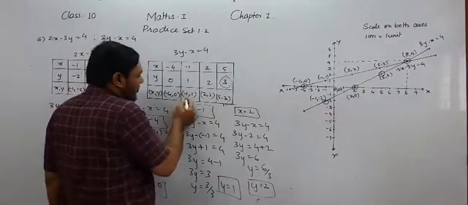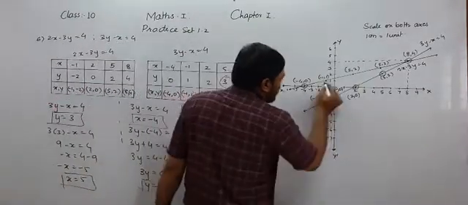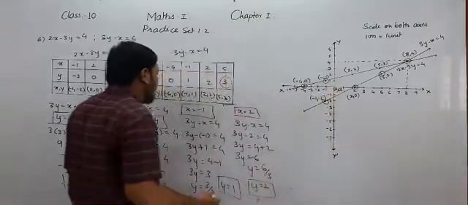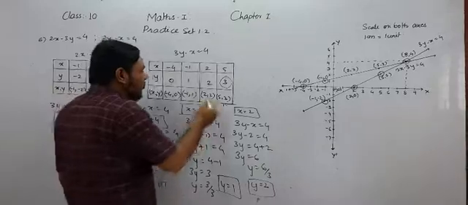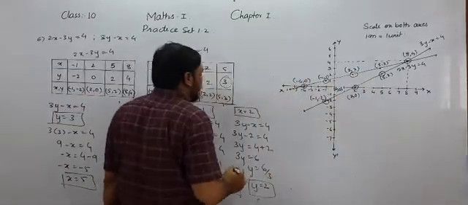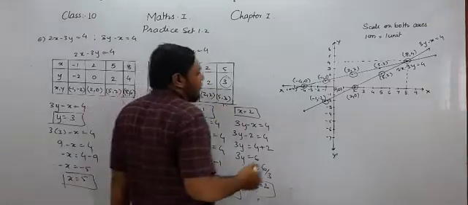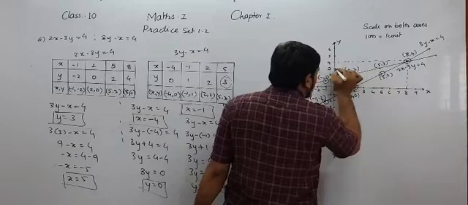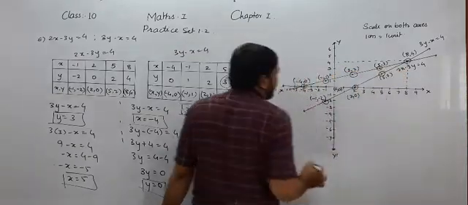So now the next ordered pair is negative 1, 1. So here it is negative 1, 1. This is the point. The x coordinate is negative 1 and the y coordinate is 1. Now after that, 2, 2. So here this is the point. x is 2 and y is also 2. You can see. So the next one is 5, 3. So here it is 5 on the x-axis, the x coordinate is 5, and 3 on the y-axis because the y coordinate is 3.